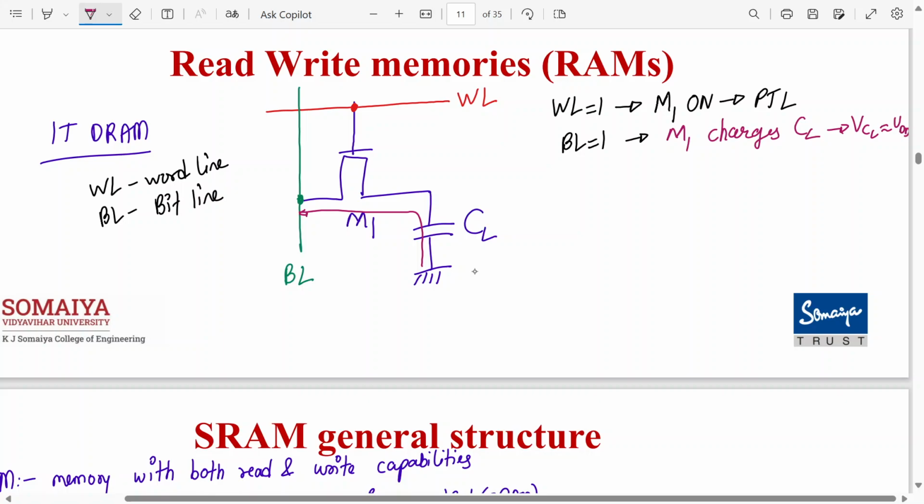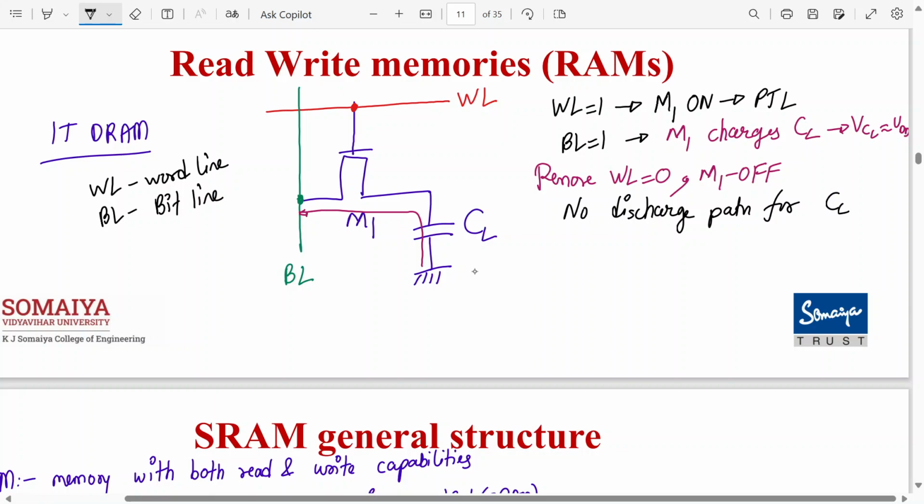Agree? And now if you remove the word line, if you make the word line equal to 0, what will happen? So M1 has become off. Yes or no? Can the capacitor discharge now? Can you tell me? M1 is off means this is an open circuit, right? So there is no discharge path for CL. Yes or no? So CL will hold